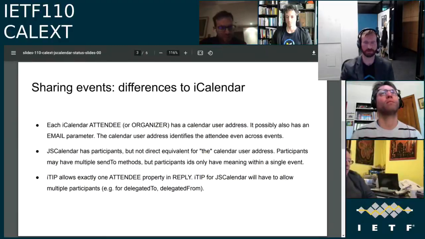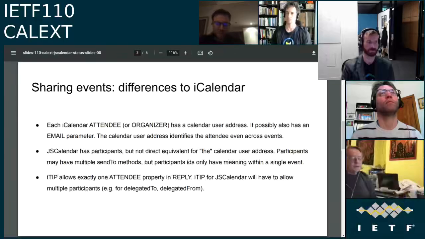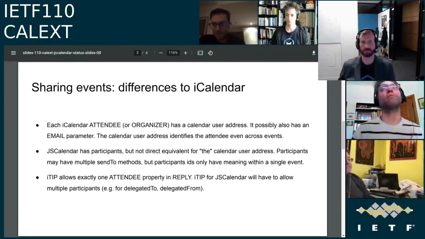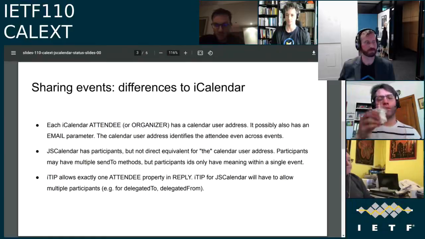I agree with Neil on this one. I think Cyrus made it clear that the email parameter was basically for Apple internal use, and the fact that it escaped into the wild was a mistake. No, he said it's a useful thing, but the point is its definition is exactly the same as the email property in JS Calendar already is, which is: this is an email address if you would like to contact this person and send them an email. It is not the same as: this is where you send scheduling messages. That is what the sendTo is for, which can be a mailto param, which may even be the same email address, but it's for a different context, and the same as what the calendar address is if you use a mailto URI there.